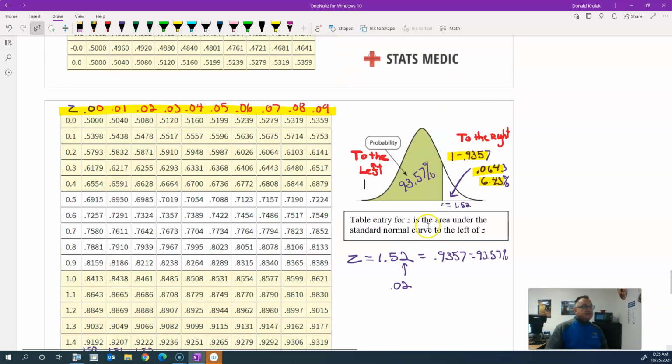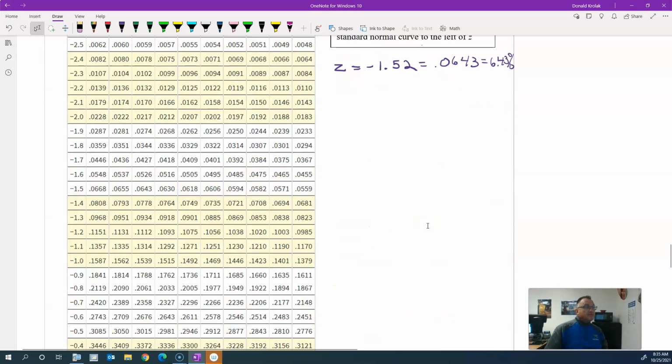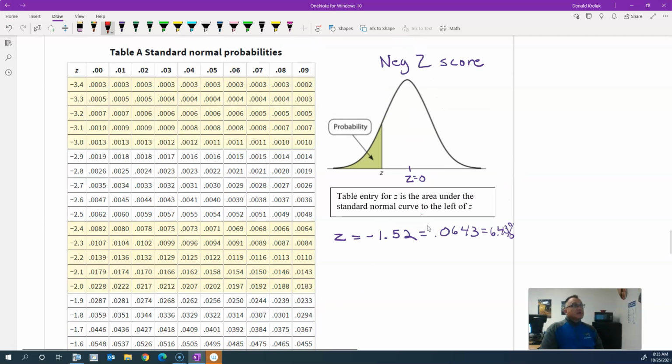Okay, and then the same thing's true over here on this one. Okay. This was 6.43%. So this area